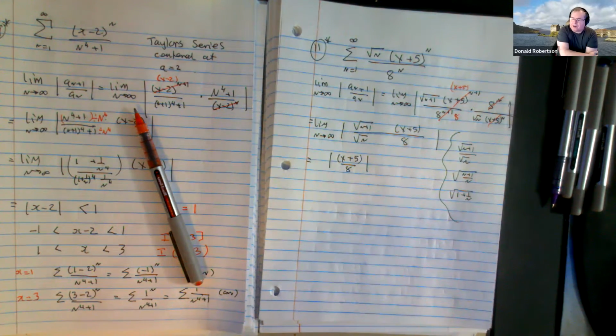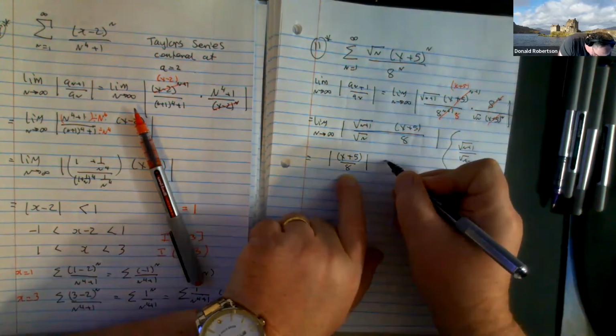Have you detected a pattern here, that polynomials and square roots tend to just end up being 1 when you're finished? You notice that n cubed over n cubed gets you 1, and n plus 1 cubed over n cubed gets you 1. n square root n's get you 1. That's pretty common, so don't be surprised when that happens. Now, this is the limit. If it's going to converge,